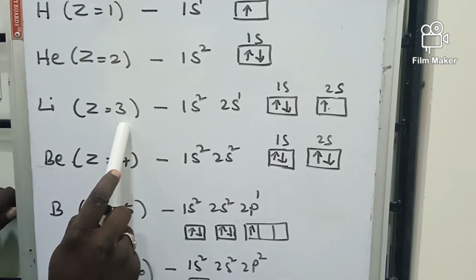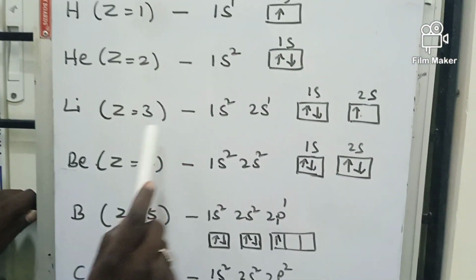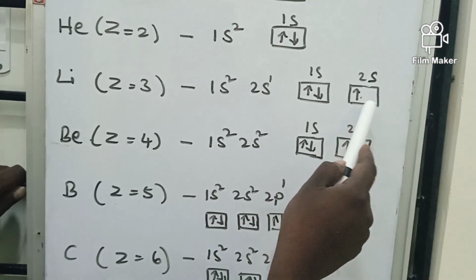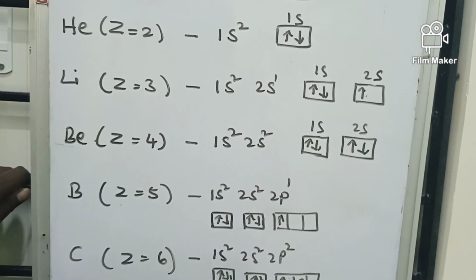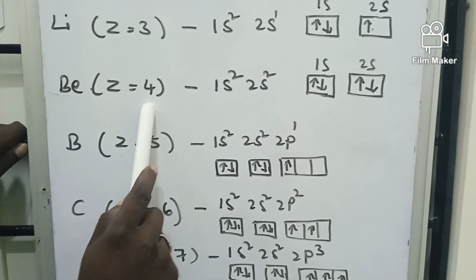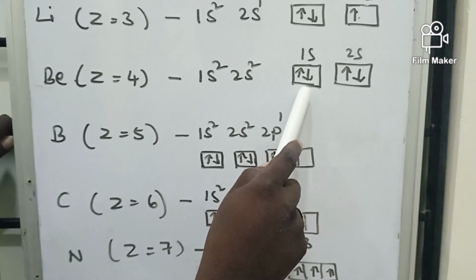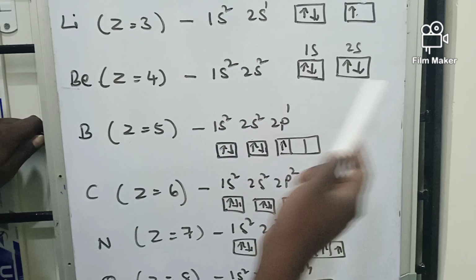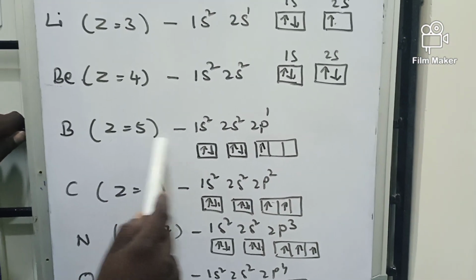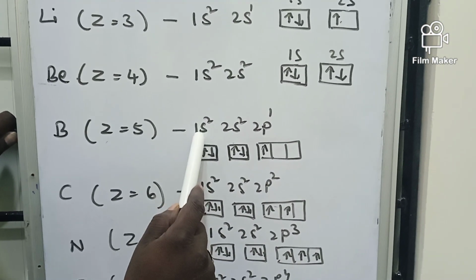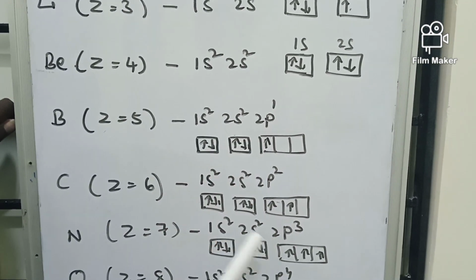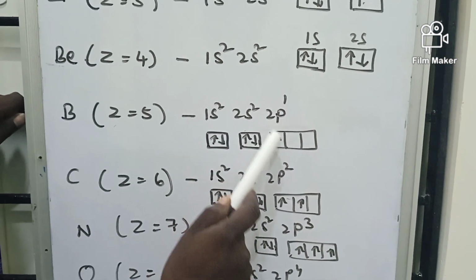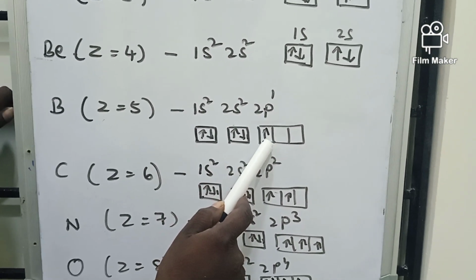Lithium, Z equal to 3, means atomic number 3. It has 3 electrons. First 2 electrons enter into 1s, the third electron enters into the second shell, s orbital, 2s. And beryllium has 4 electrons, 2 electrons in 1s and 2 electrons in 2s. 2p will be there but empty, no electrons. Boron has 5 electrons, 1s2, 2s2, 2p1. 2 electrons in the 1s, 2 electrons in the 2s, and the remaining 1 electron in the 2p,